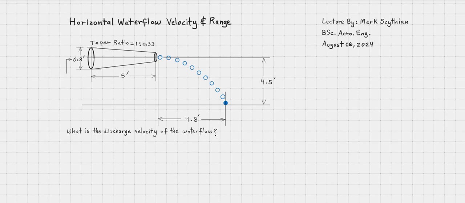This video is going to focus on horizontal water flow, velocity, and range. It's a hydrodynamics problem. There are several problems to solve, but the first one is: what is the discharge velocity of the water flow? So the first solution is to use the free fall equation, the delta D on the